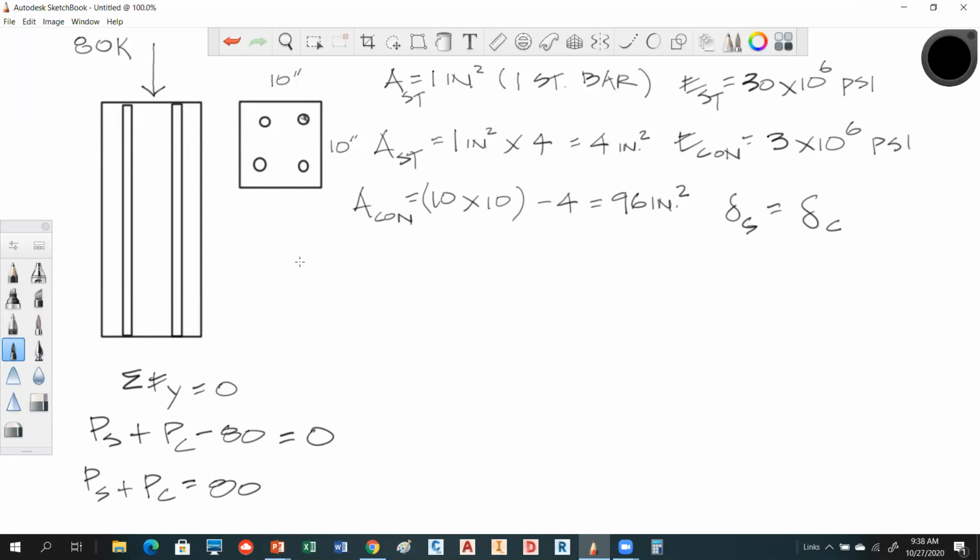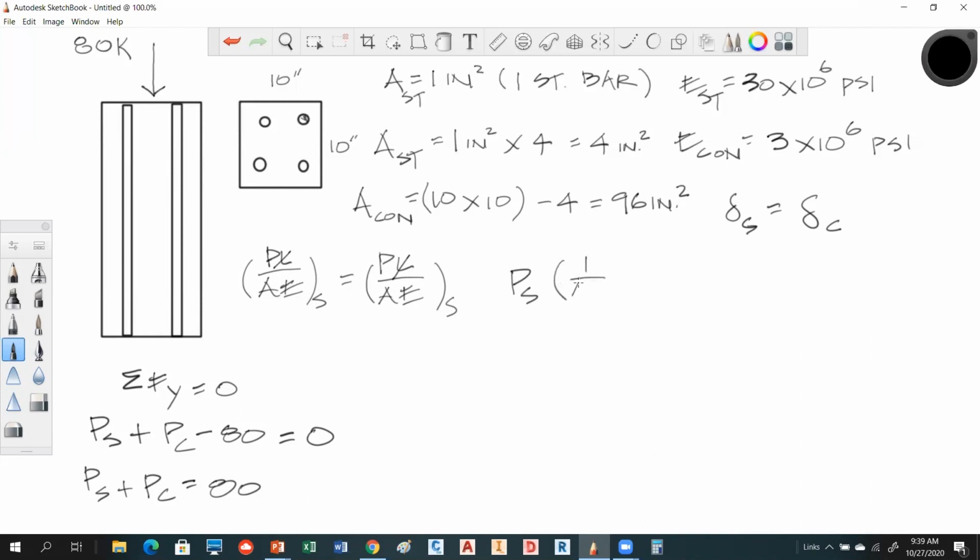So therefore, again, we know that deformation is PL over AE. So we have PL over AE for the steel must equal PL over AE for the concrete. And since we're assuming equal length, those guys cancel. So what that gives us here is force of the steel